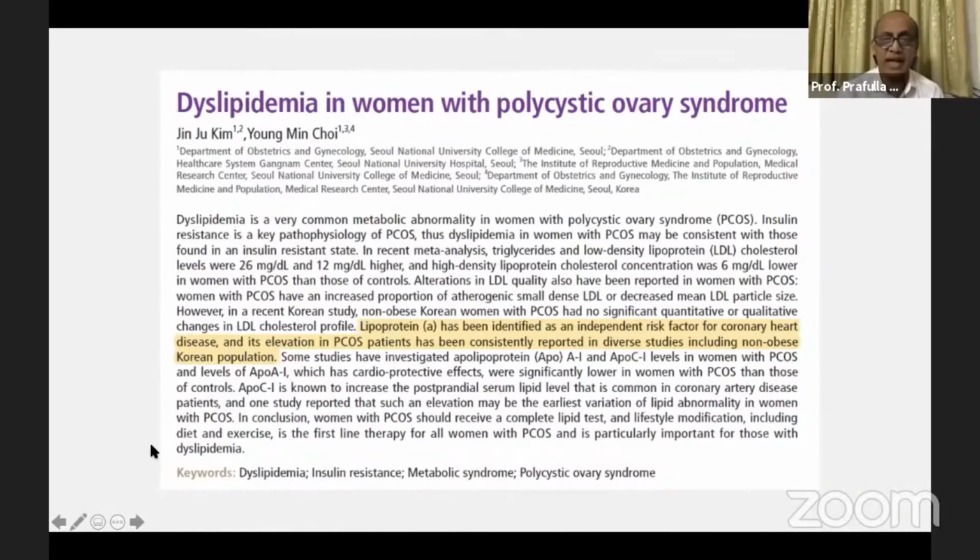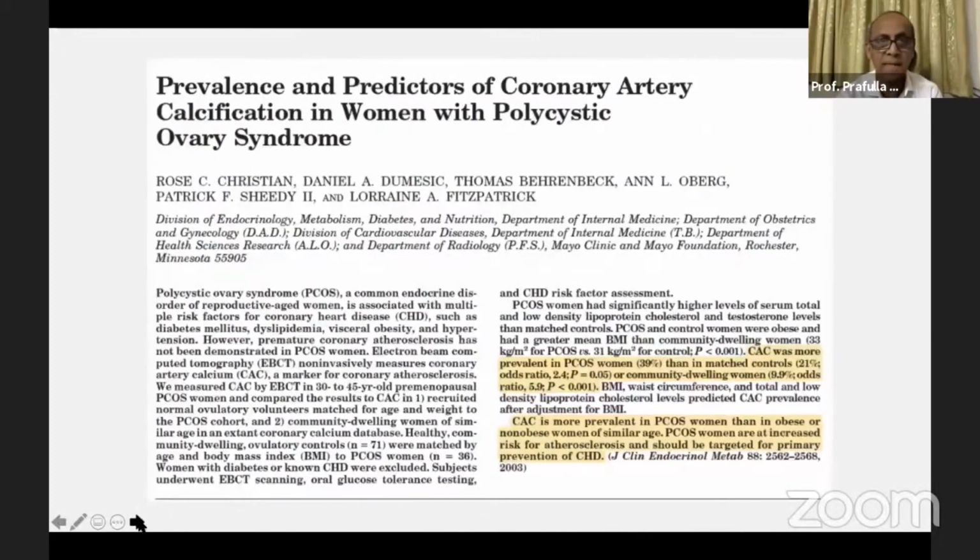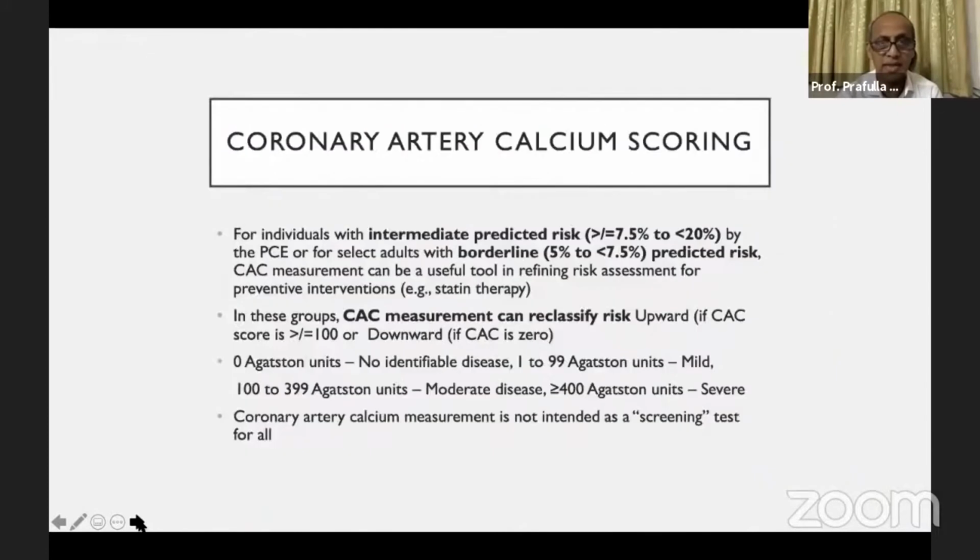However, the only person who gains by ordering LP(a) is probably the path lab people. We may use it as a risk enhancer, but there are no targeted therapies, and we do not get after LP(a), though there is so much literature on it in our scenario. Coronary artery calcification has been found to be more prevalent, as we have mentioned. Metabolic syndrome, BMI, waist circumference, height, and bad cholesterols are all associated with coronary artery calcification, as was shown in this study here.